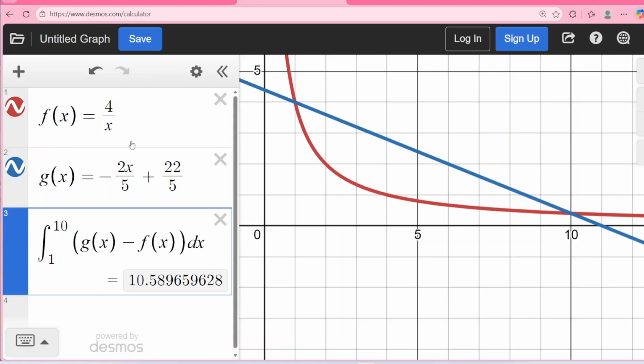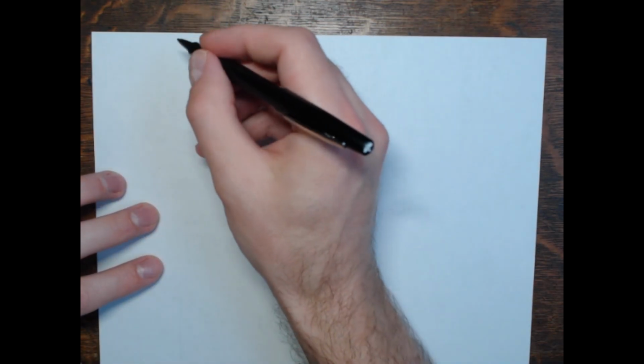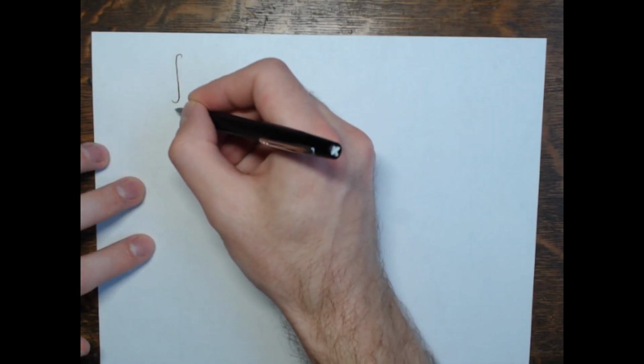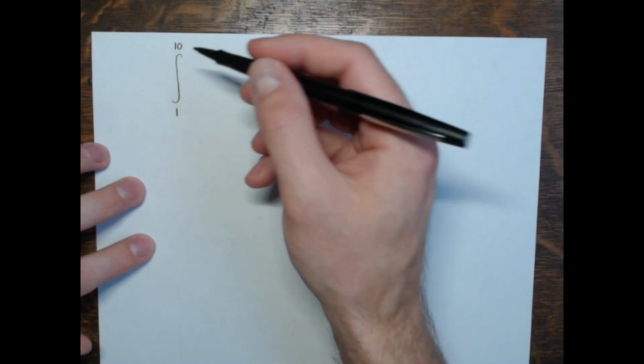Now again, the antiderivative of f will involve a logarithm, so that's why this isn't a nice number. So again, I'm going to do that by hand real quick. The integral I set up was from x equals 1, where they met, to x equals 10, where they met again. So the integral from 1 to 10,